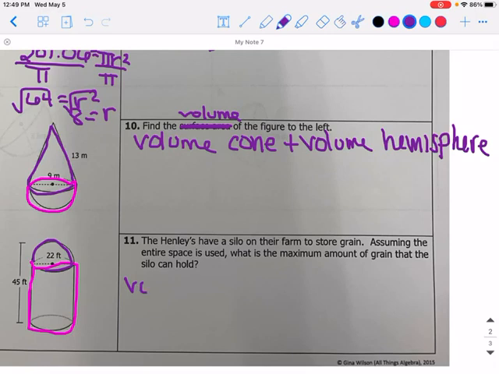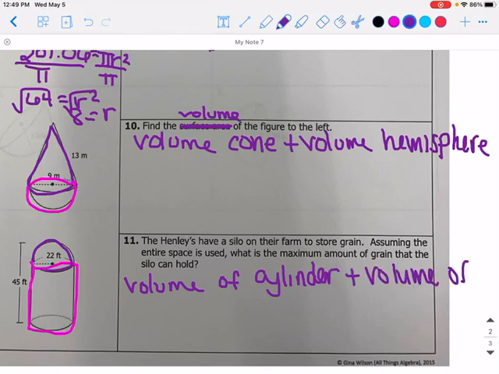Here is volume of cylinder plus volume of hemisphere. And use those pictures to help you as they have all the dimensions you'll need. Let me know if you guys